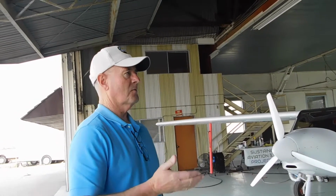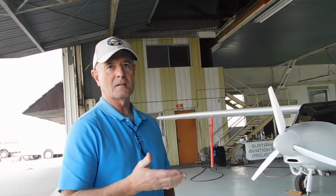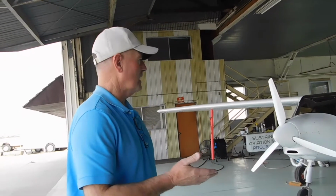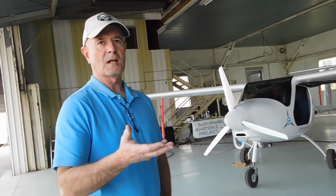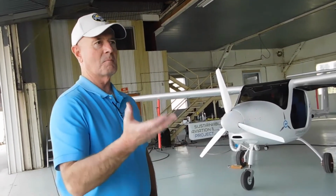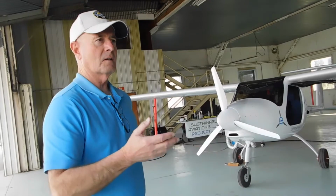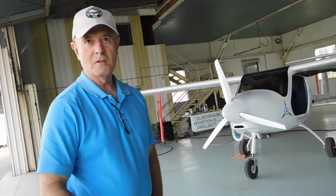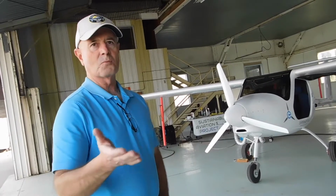because they're zero emission, they offer an amazing platform for air quality sampling and air testing, where you can actually use them to collect air samples, and there's no possibility of contamination. They offer the opportunity of being motherships for unmanned aerial aircraft, where they can act as the control center with a crew on board that's monitoring what the UAVs are doing. They're going out and maybe doing surveying, maybe of power lines, or gas lines,